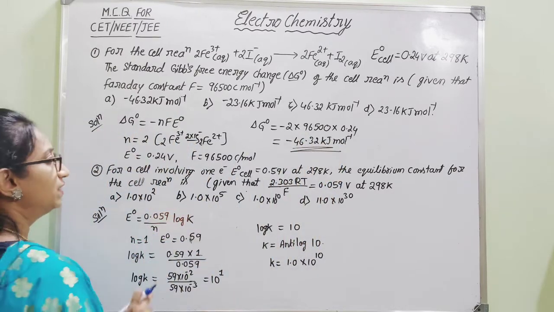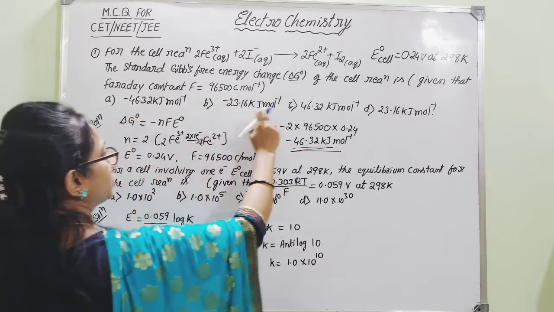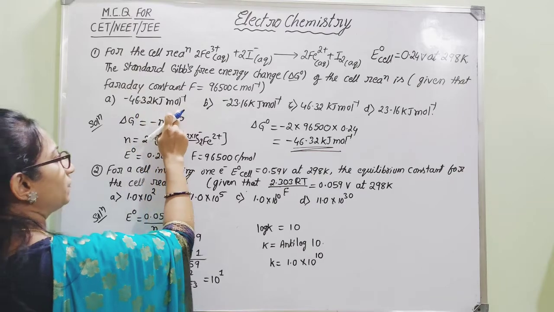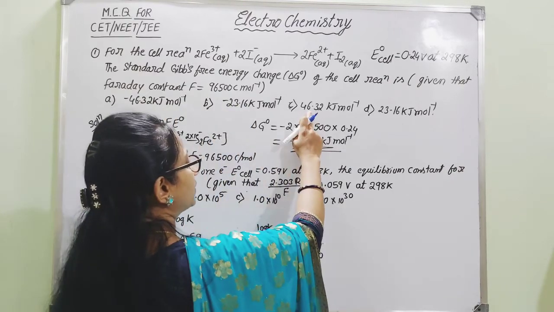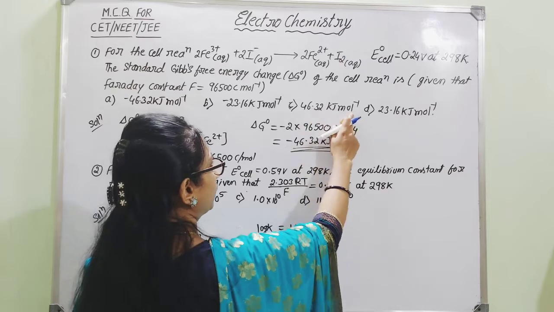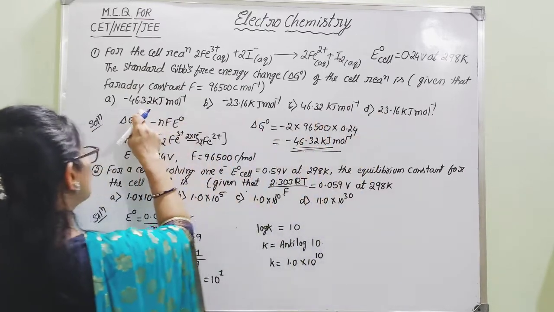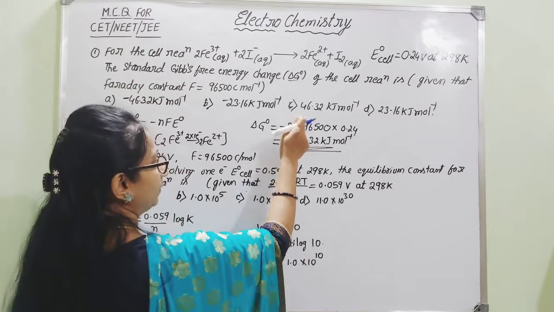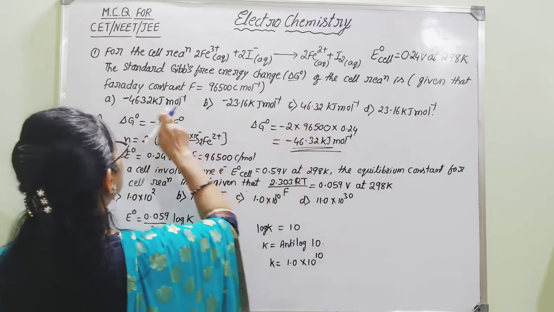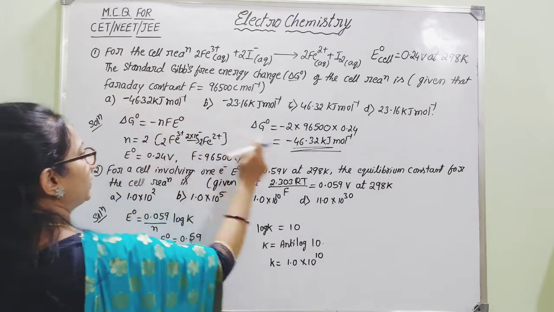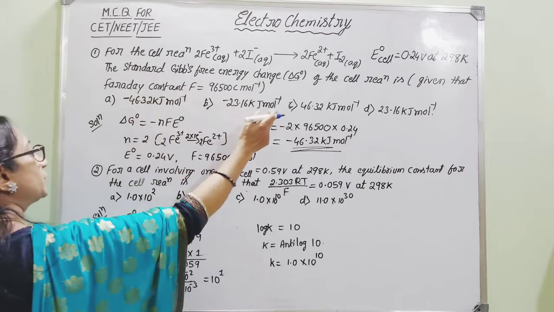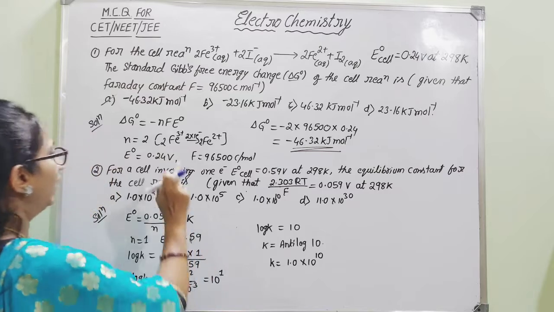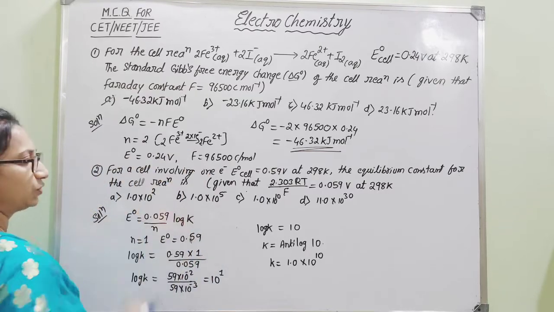So what options has he mentioned in this question? That is minus 46.32 kilojoules per mole. Here it is a different answer. Here also the same value, 46.32 kilojoules per mole. It is also different. But among these two, you should be careful about the sign along with that value. Here the value is the same but the sign is negative. So here you are going to get negative. Therefore, option C is not the right answer, but option A is the right answer. And now we can go for the next question.